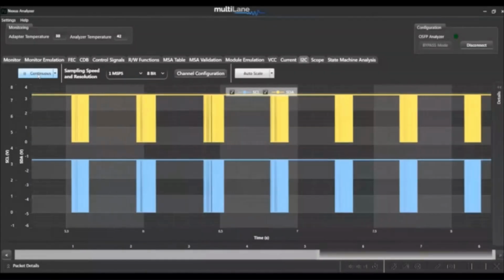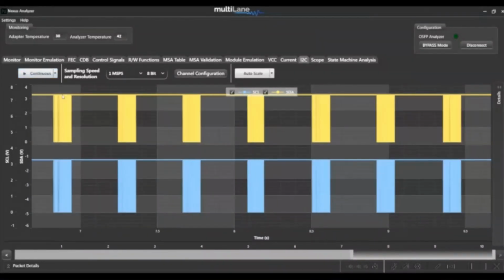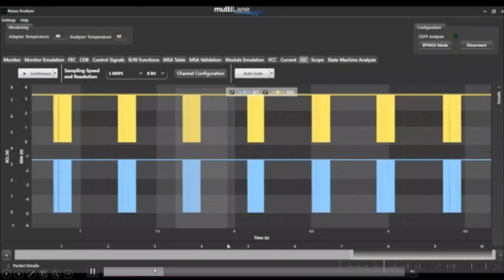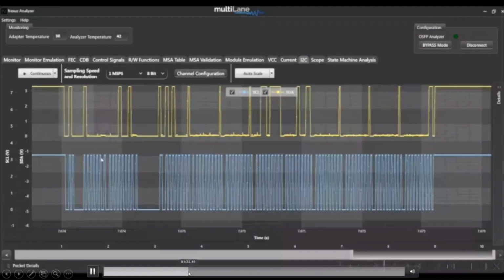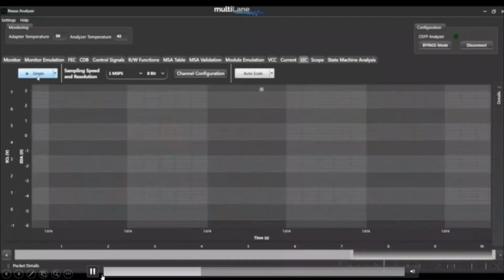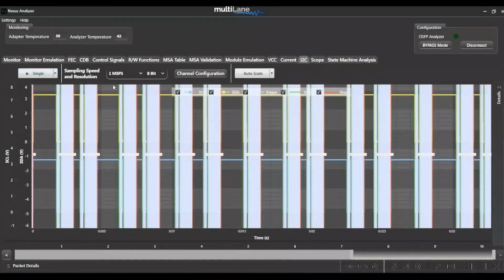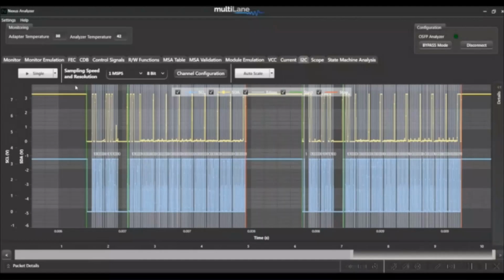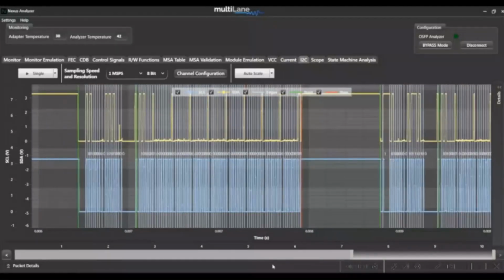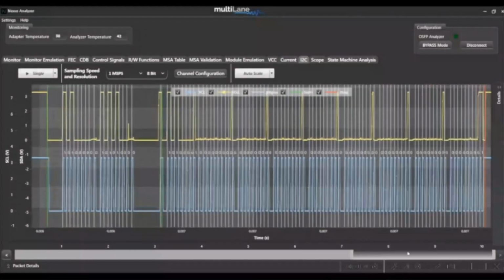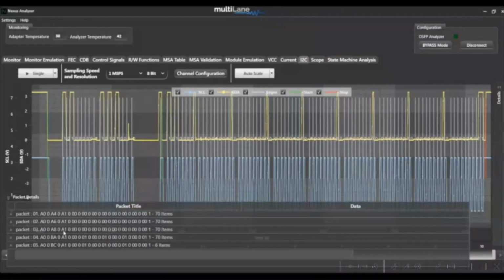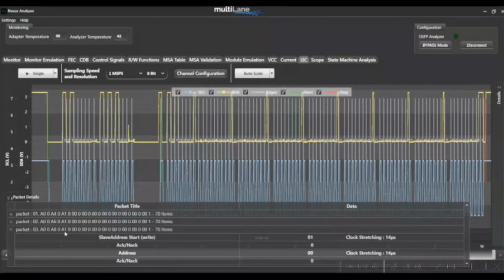So this is check. Next, I want to show you a single packet capture. Because when I do a single packet capture, there we go. So here, I think I've captured about 5 or 6 packets. And now when I zoom into one of those packets, you see that we have access to the time. We know when each operation started, when each operation stopped, and then we have the binary data, which points to if it's a read or write operation, which register I am reading from or writing to, and what's the content